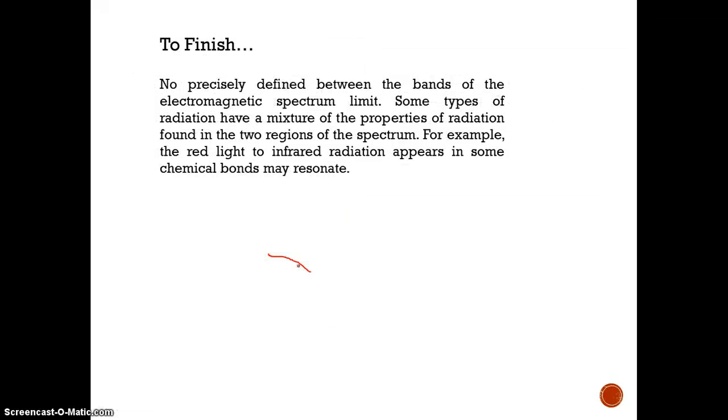To finish, the limits between the bands of the electromagnetic spectrum are not precisely defined. Some types of radiation have a mixture of the properties of radiation found in the two regions of the spectrum. For example, red light to infrared radiation appears in some